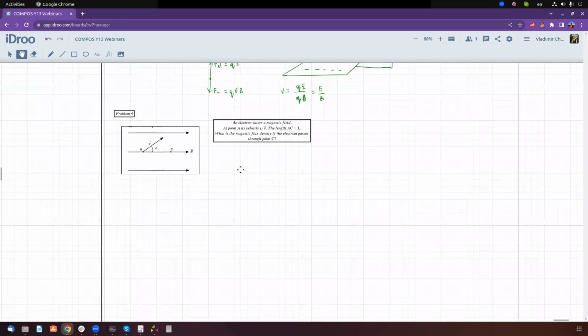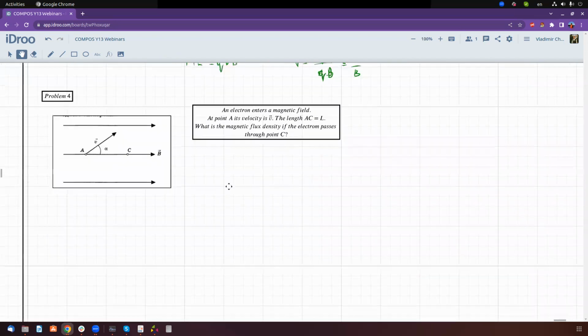What else? Problem 4: an electron enters a magnetic field. At point A, the velocity is v. The distance between A and C is L. What is the magnetic flux density if the electron passes through point C? Ideas? How will the electron move? First of all,